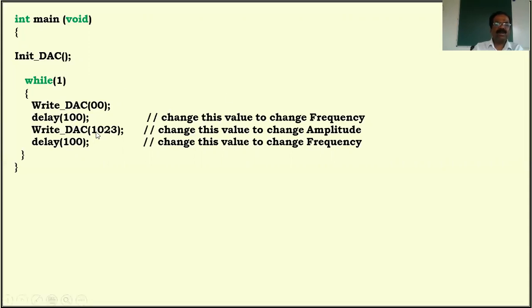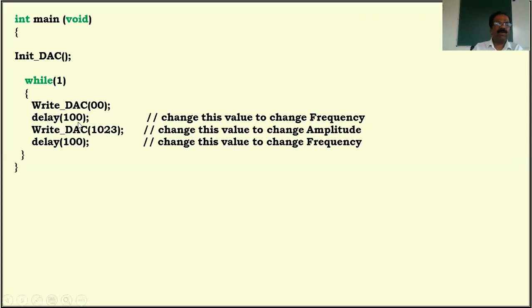Suppose you put 512, that is half of this. Therefore, we can vary the voltage from 0 to 3.3 volt. That is the maximum. It's not possible to generate more than that. Therefore, this is the way of controlling the amplitude of the waveform, by changing this value. If you want to vary the frequency, you have to go for a delay.